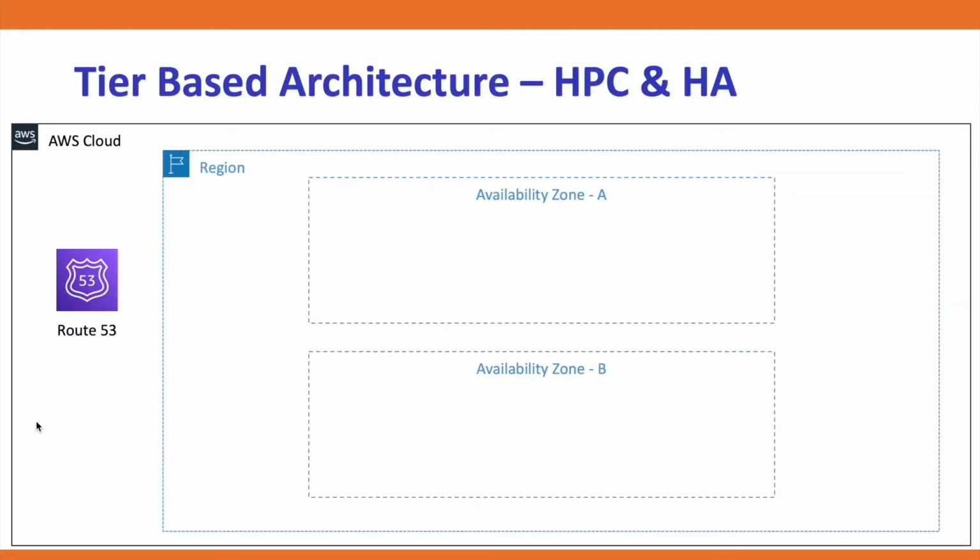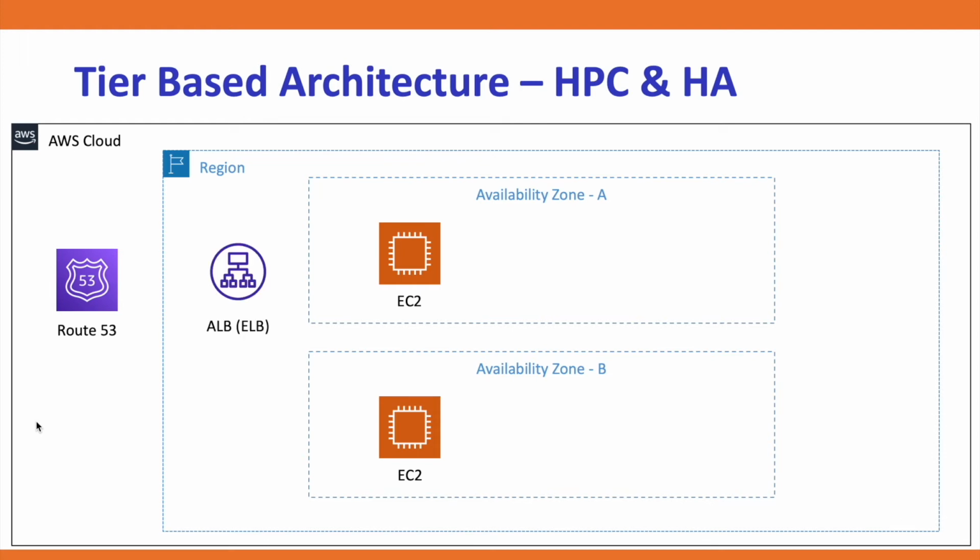To evolve our single server architecture for high performance and high availability, we need to configure multiple instances in different availability zones within an AWS region. AWS recommends using a compute optimized instance, for example, C4, for WordPress websites. After configuring our instances across availability zones, the next step is to distribute traffic equally among instances. For this, we use Elastic Load Balancer. To be more specific, we use Application Load Balancer within ELB.